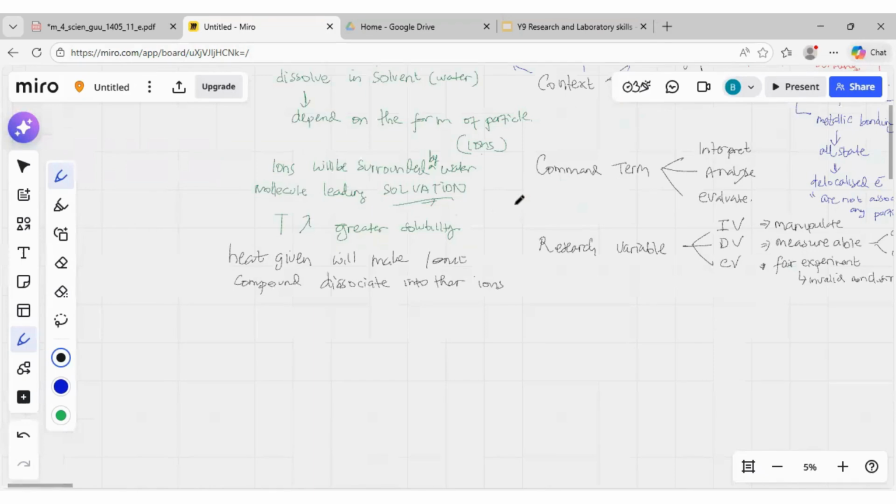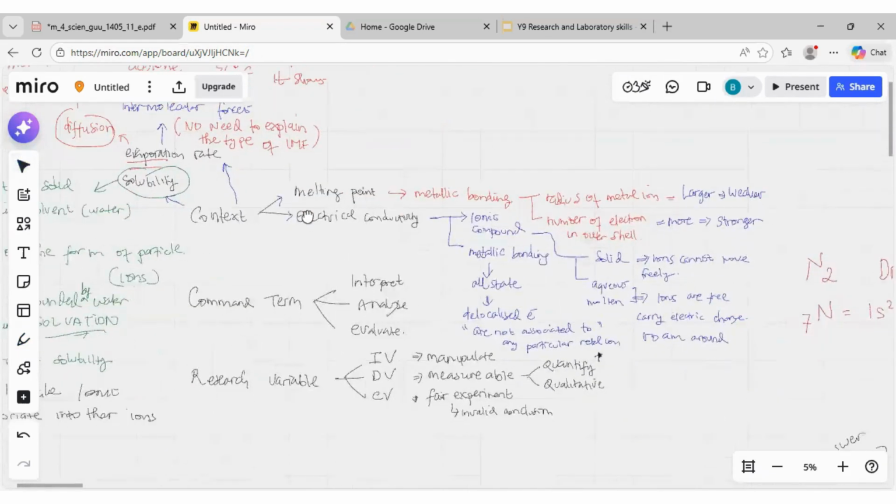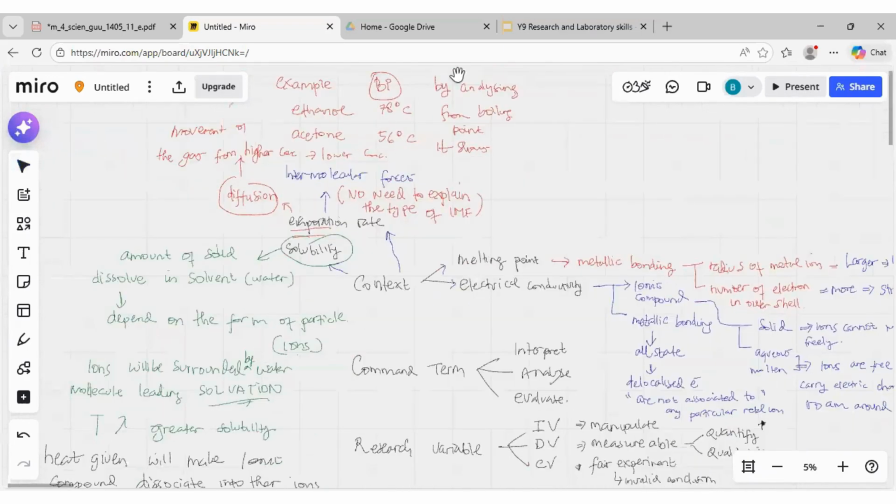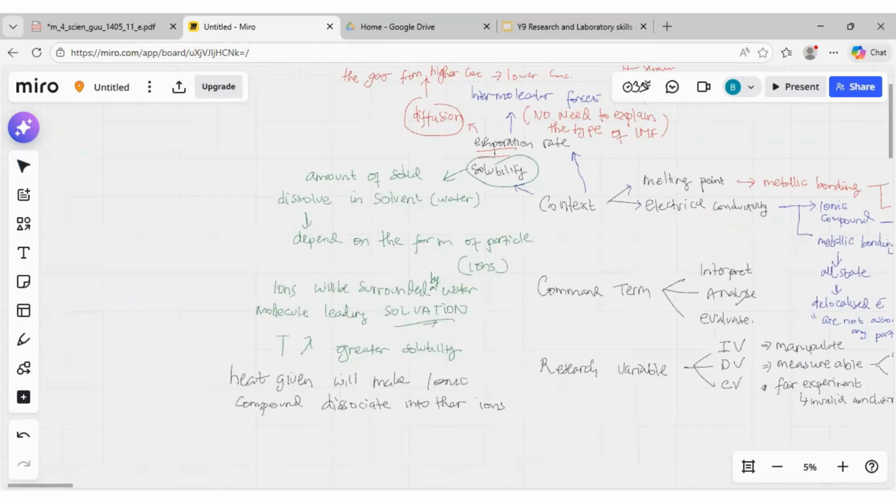This is already covered. Any questions maybe? If there is a question, feel free. Anything that you want to ask before I continue? Let me check if there is any statement. Do we need to memorize the properties of ethanol and acetone? No, that's only an example. Only an example, meaning it's not needed. Now I will continue again